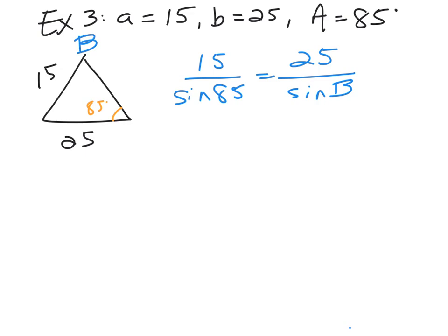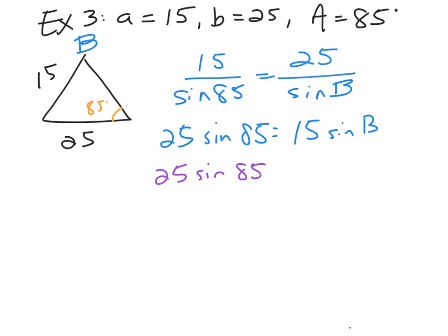And so when we do our cross multiplication and solving, 25 sine 85 equals 15 sine B. Then when we divide by 15, we're going to get 25 sine 85 over 15 is going to equal sine B, and again we're going to arc sine both sides. So that's going to leave us with B equals,